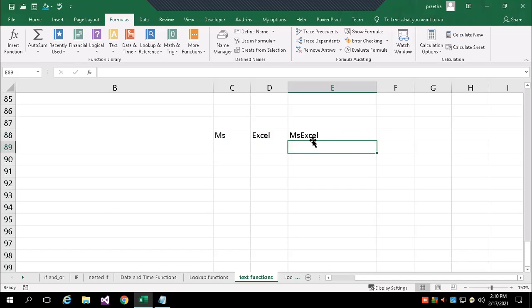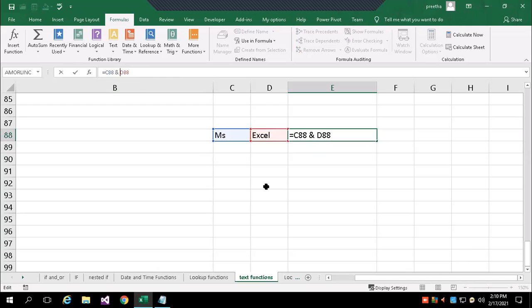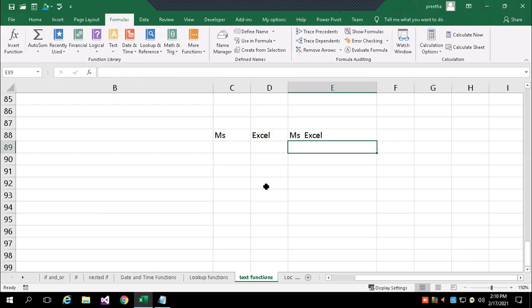You can observe what's happened: it is combined. So what is the use of that ampersand symbol? It is combining. Again, I'll include a space. First thing, it's not a function, it's just a basic formula.